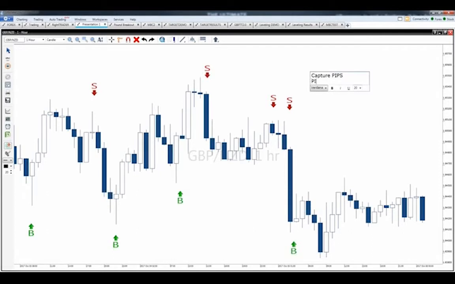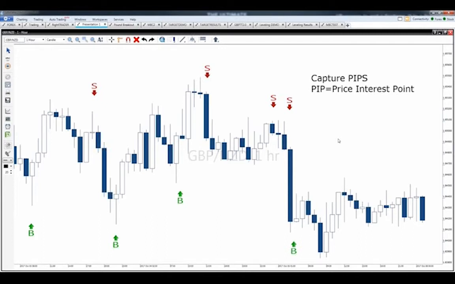Now, a pip is an acronym for price, interest, point. Price, interest, point. Now, I'm not going to get into a big description or definition of what a pip is. All I want you to understand for demonstration purposes in this presentation is that pips are good. Pips are your friend. You want to capture as many pips as you can when the market is moving up, and you want to capture as many pips as you can when the market is moving down. I will show you in a moment how pips turn into profits, okay? Now, a lot of people always ask me too, especially new people, do I have to be a mathematician?